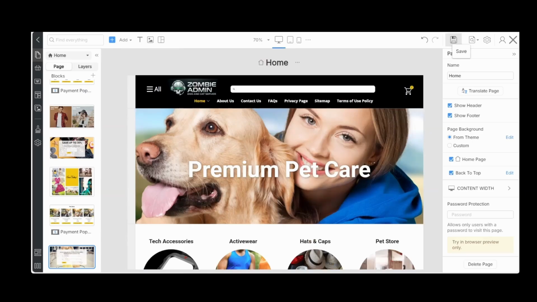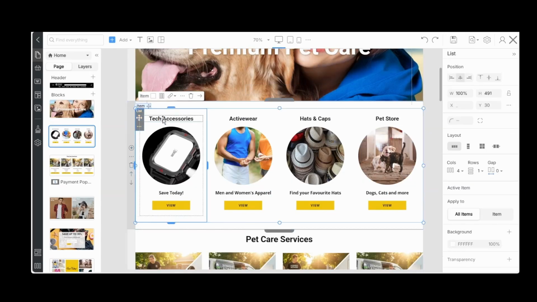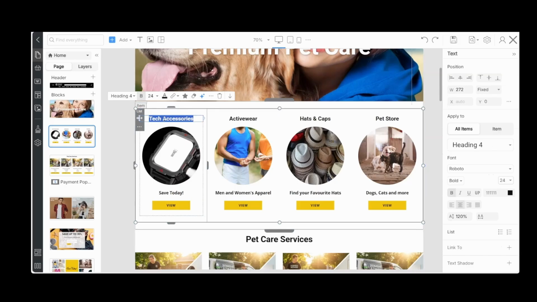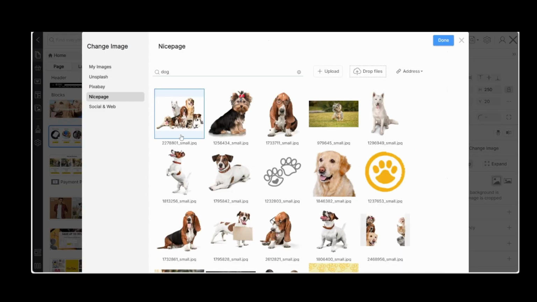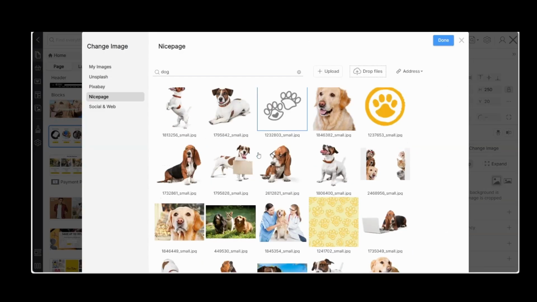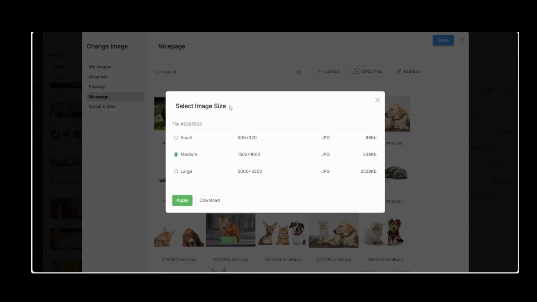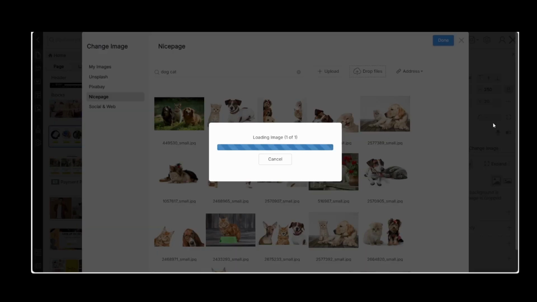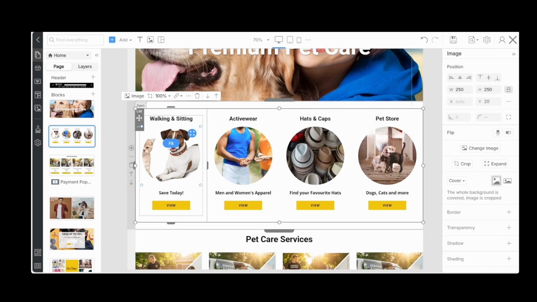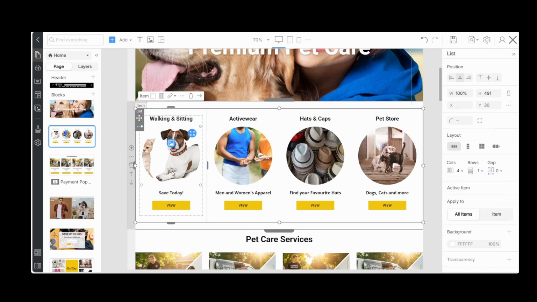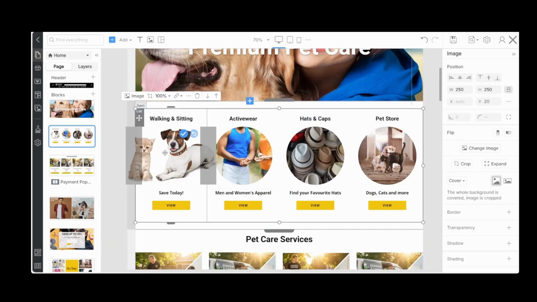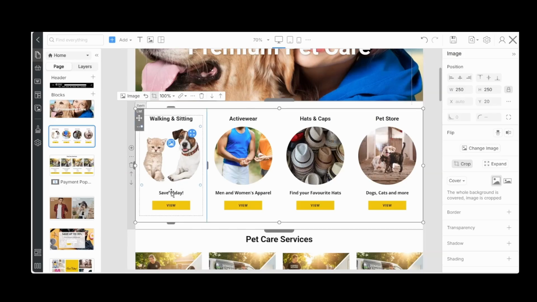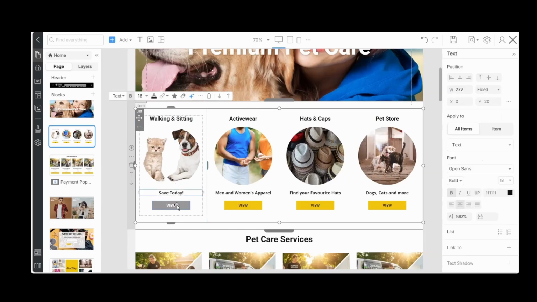Let's save that. Let's restyle this block and start swapping out the text and images. Let's find something nice here with pets. Let's see. This one looks good. Let's apply that. Now let's see. Okay, let's take a look. Let's see if we can center this a bit. If not, then we'll just swap it up. No, I think that will look good. I like that.